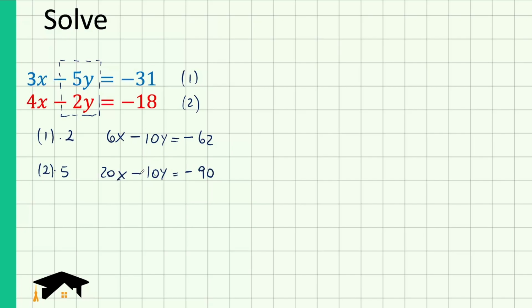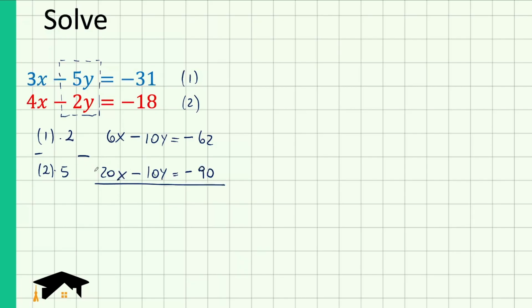So if we add these two equations, we would get minus 20y. But if we subtract them, we would get minus 10y minus minus 10y, and that is minus 10y plus 10y, which is equal to 0. And that is exactly what we want. So let's actually subtract them,